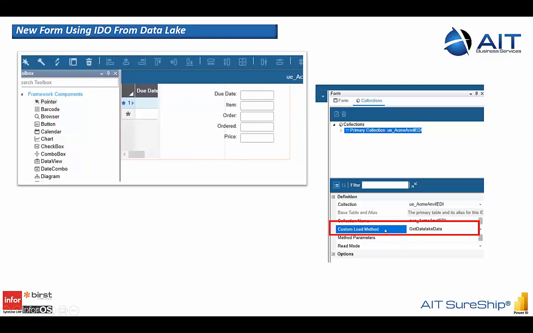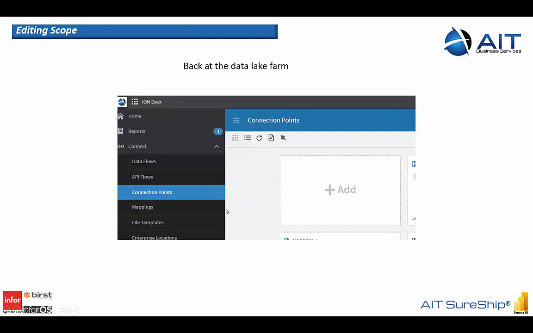Going to the data lake, you've got to go back into your collection and use a custom load method. There's a lot of information out there on docs.infor.com that walks you through this. But basically what I've done is I've gone to